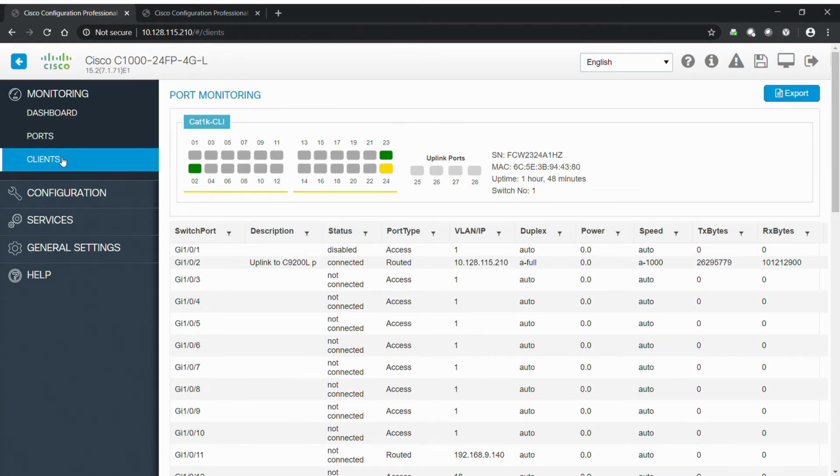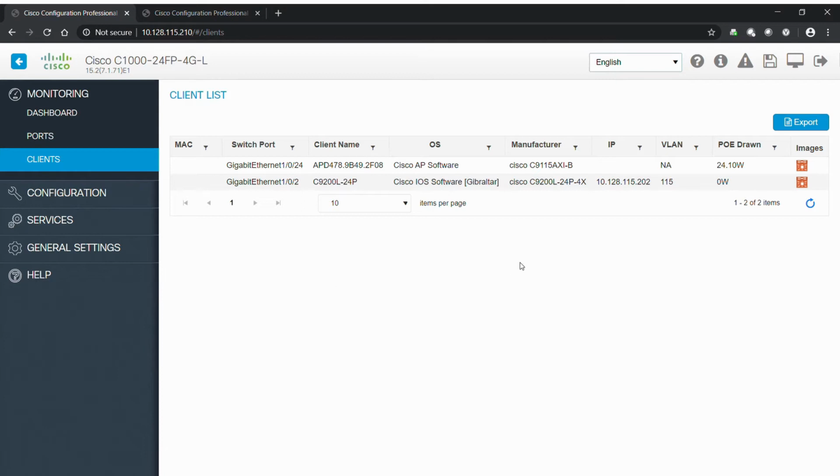And it does give us a client view as well. Right now, the clients we do have on here actually would be the uplink to our connecting switch, which is a 9200 series switch from this IP address, as well as the device that is drawing our PoE, our 9115 series access point, and it just gives us some information that it, yes, is on and drawing power, but I haven't done any real configuration of that port to give it a VLAN,